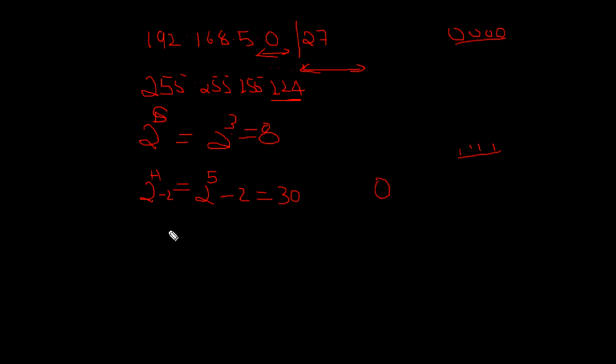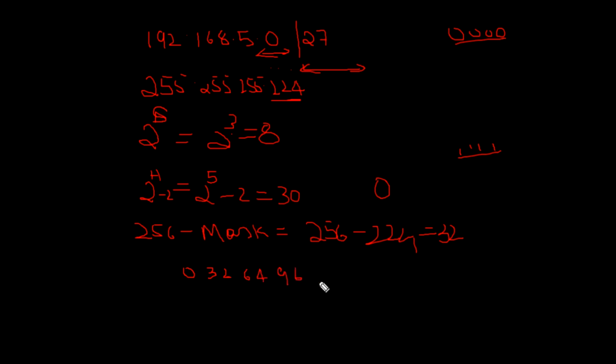How to find out the subnets? There is a formula, 256 minus mask. Now mask means you need not take the entire last digit, only this one you have to take, 224. 256 minus 224 gives you 32. So first subnet is 0, second subnet is 32, and so on by multiplication. Third subnet: 32 ones are 32, 32 twos are 64. Don't double it directly. 32 threes are 96, 32 fours are 128. It will proceed like this.